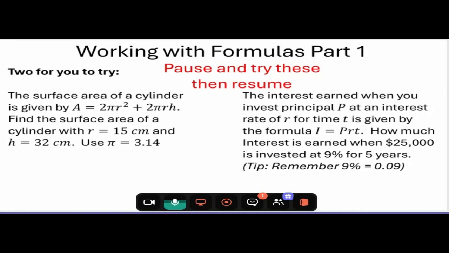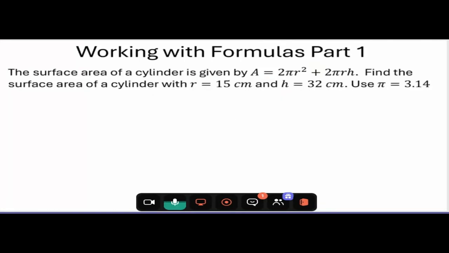Okay, so let's take a look at these. This first one's a bigger equation, so there's more multiplying and powering and adding, but otherwise it's really just the same idea. The surface area of a cylinder is given by A equals 2 pi r squared plus 2 pi r h. If you're interested,